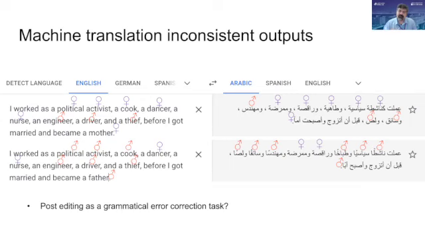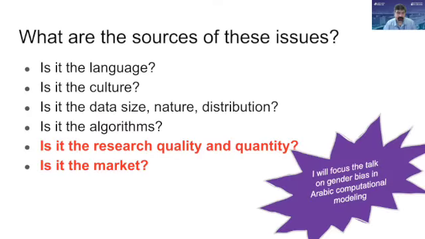This kind of makes me think of a different kind of task, grammatical error correction, as a way of post-editing all of these systems, which is something we actually explored in our work. And so again, it's inconsistent. It doesn't use this information. I'm putting these two sentences next to each other just to graphically show them next to each other in this case, but they were generated independently.